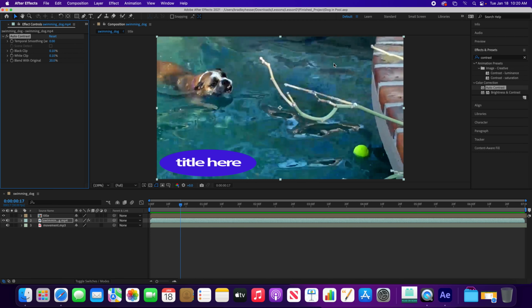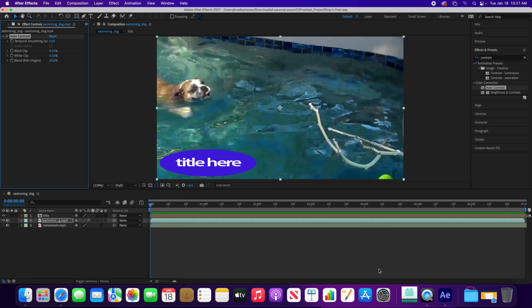Now it's going to go through and play, and it should be set to continue to loop. So you can just hit the space bar once again to end it. And to navigate between the beginning and the end of any of our compositions,